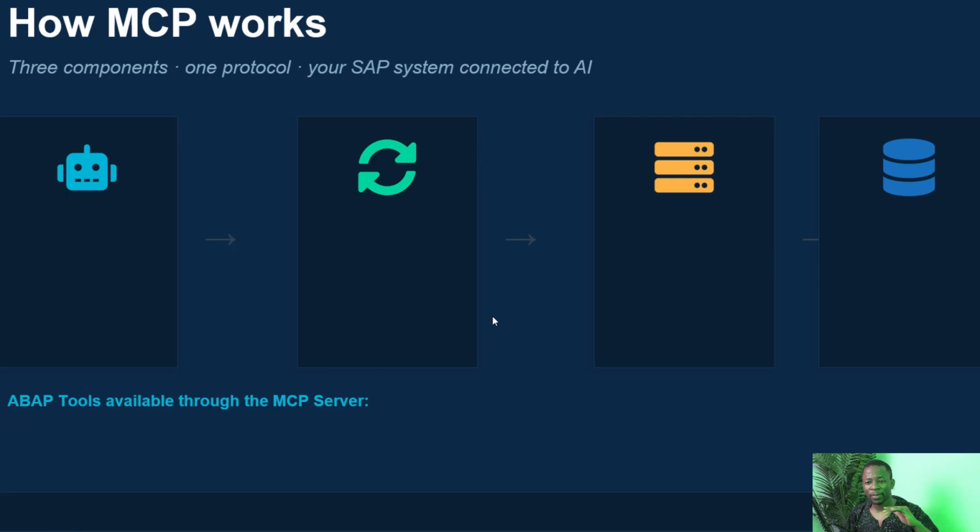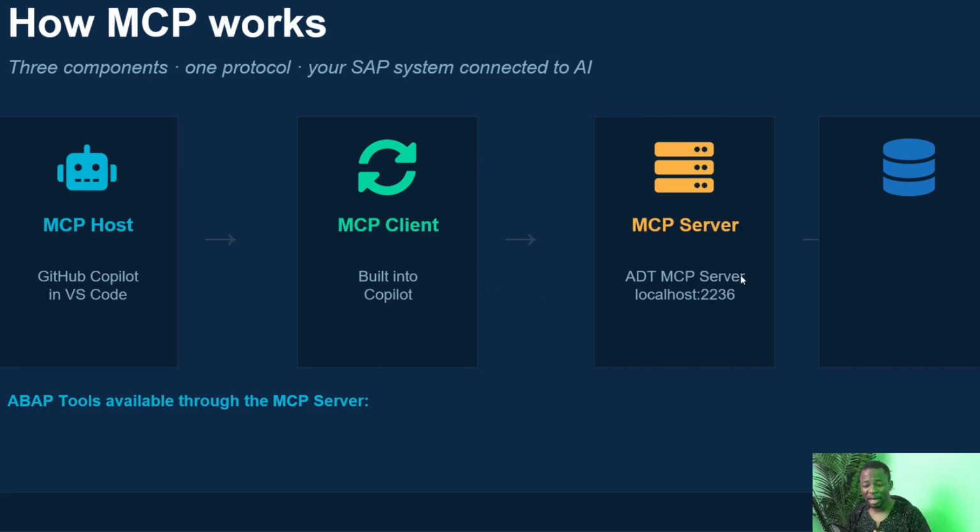In summary, this is how MCP works. There are three components. It has just one protocol, and it connects your SAP systems to AI. First, you have the MCP host. MCP means Model Context Protocol. The MCP host is now GitHub Copilot in VS Code. Then there is the MCP client, which is already built into Copilot. And then you have the MCP server, which in this case is our ABAP